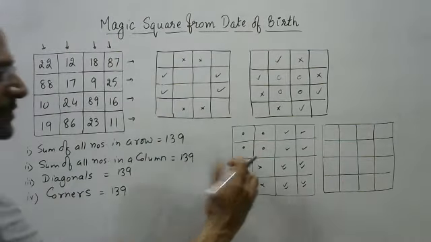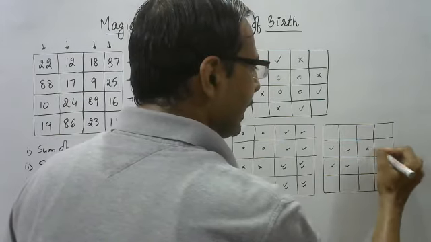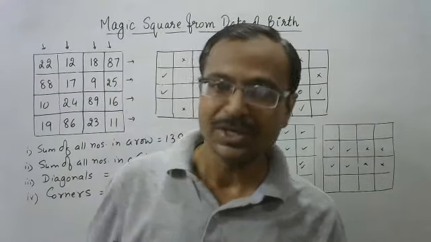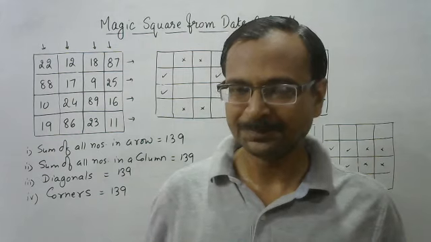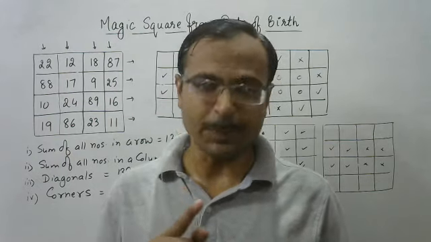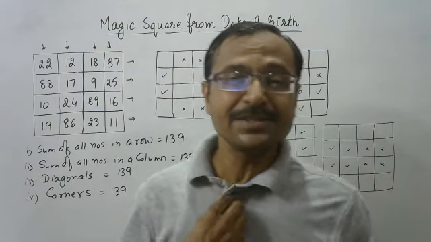We have taken squares like this, right? So take squares like this and like this. Just try with them. Again, you are going to find the sum of those numbers as 139 only. Very, very interesting. And apart from the traditional rules of the magic square, so many different patterns are there in which that sum of 139 is obtained. You know why this is more important? Because this was propounded by the mathematics genius Srinivas Ramanujan.